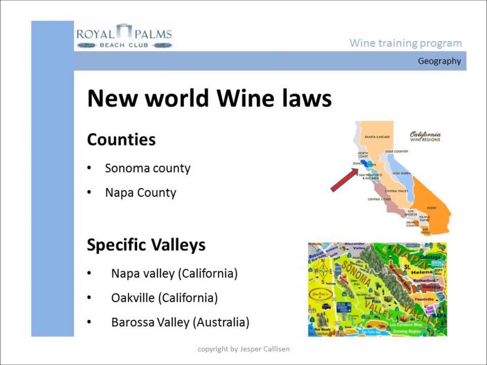However, the same thing that makes New World wines great, the flexible laws, is what makes it difficult knowing what you are actually buying, because each winemaker can choose to use the grapes and techniques he or she sees fit. And so, two vineyards next to each other using the same grapes and barrel age their wines can have completely different styles. The only way to know is to try, or if you're lucky, it is stated on the label.